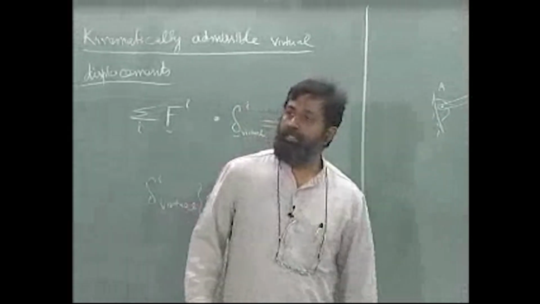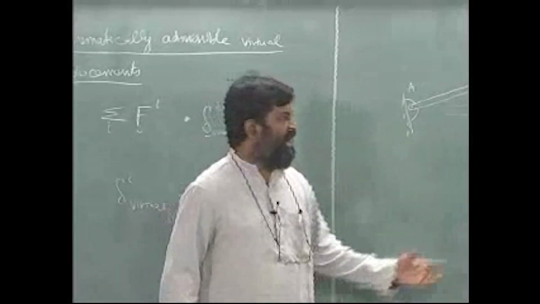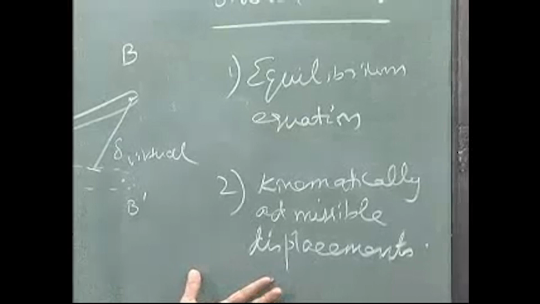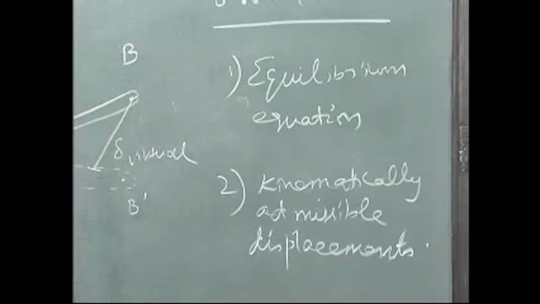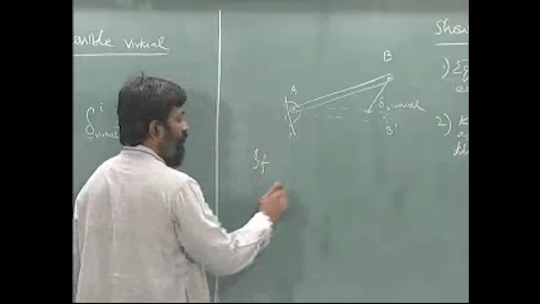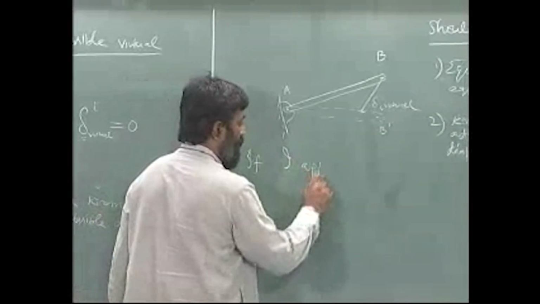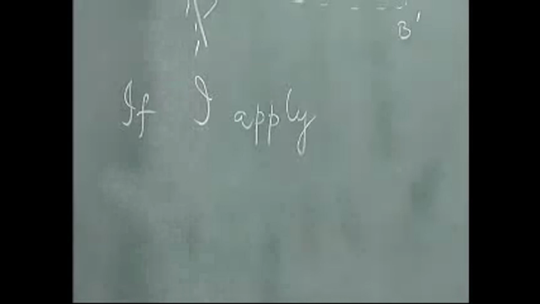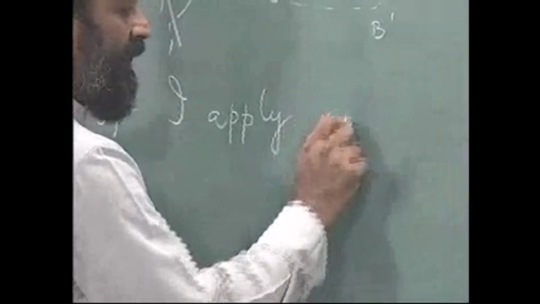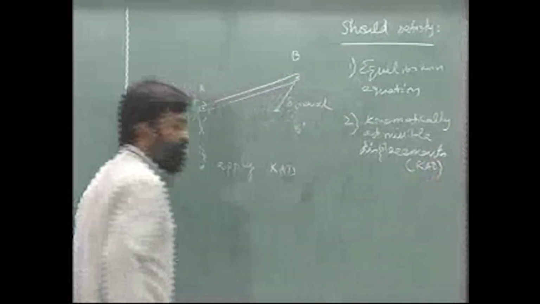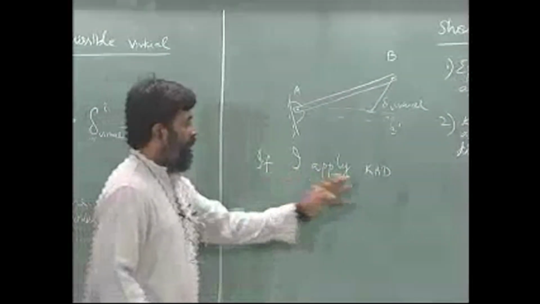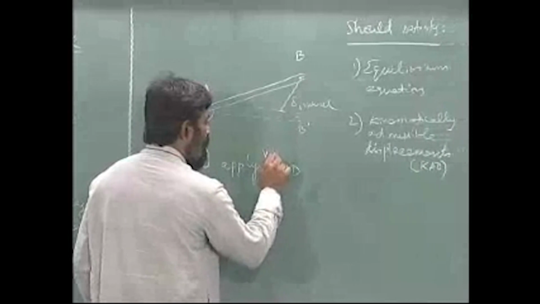In the virtual work principle, what we do is assume one of them and look for the other. If I apply, let me call this KAD, kinematically admissible displacement, virtual KAD,